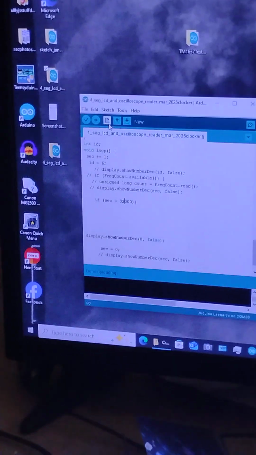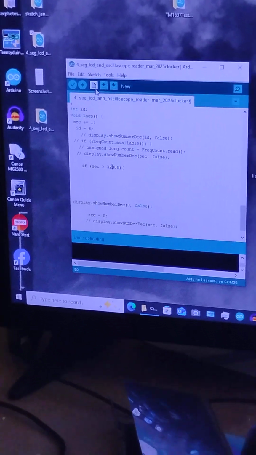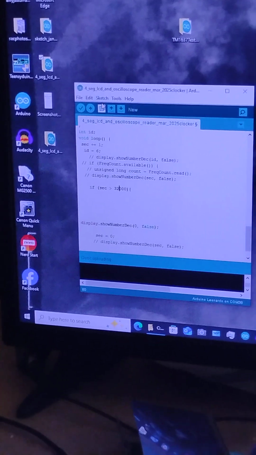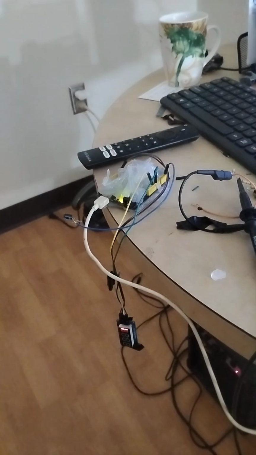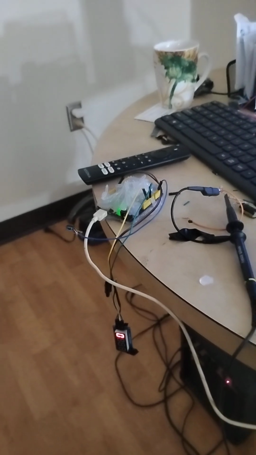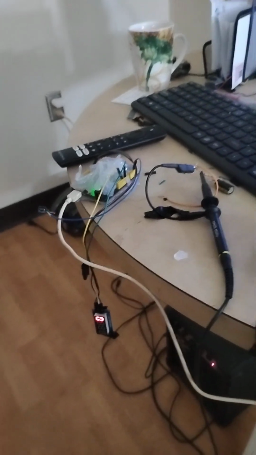So I'm going to drop this back down to 32,000. I just changed that to 32. Now we're going to go up here. I'm going to go to Sketch, Upload, goes across, goes to 0. Okay? That means that we can overclock